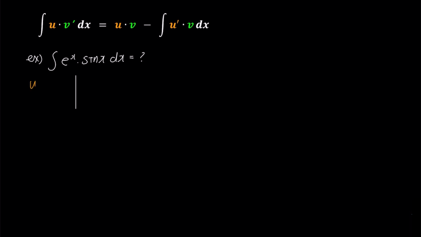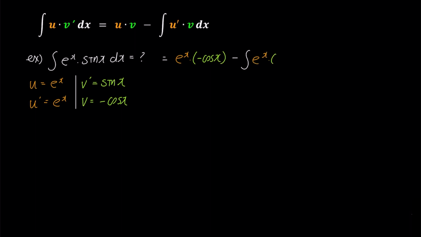First, let u equal e to the power of x, and let v prime be sine x. In fact, it doesn't matter if you start the other way around. Once you have u prime equals e to the power of x, and v as negative cosine x, substitute them into the formula above and write down the terms on the right hand side. uv becomes e to the power of x times negative cosine x, and the integral at the end becomes the integral of e to the power of x times negative cosine x.